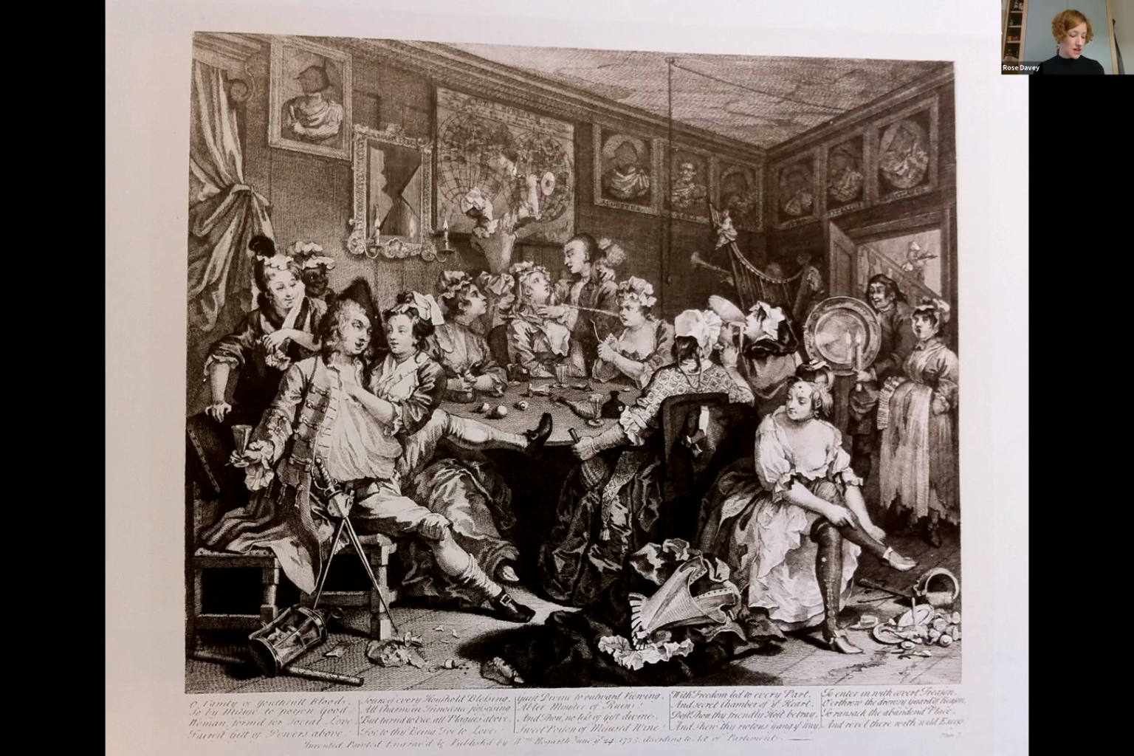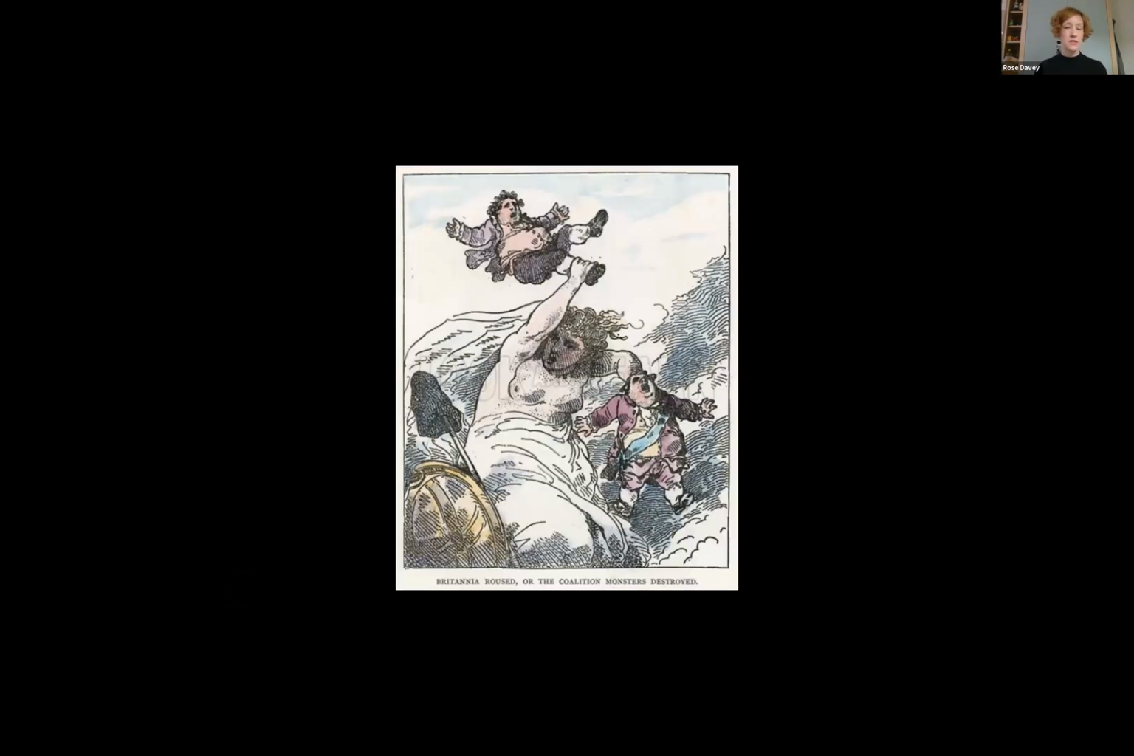English printmakers either invented specific characters to experience their stage folly, such as Hogarth's Tom Rakewell, or were specific in their references, such as Thomas Rowlandson's Britannia Rouse from 1784. Here the figure of Britannia is violently seizing Charles James Fox and Lord North, the leaders of the coalition party in government in 1783. Goya understood the significant potential for the viewer to fill in blank iconography present in his